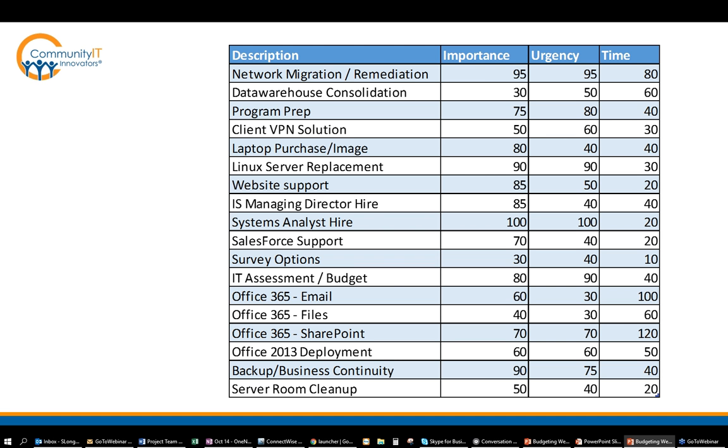So when you plot these things out, you want to look at the things in the upper right, which are both important and urgent. And then, of course, how much time or cost it's going to be influences how you prioritize these things. The next slide here is just the actual spreadsheet, showing where this came from. It really wasn't that much work to put all these different ideas together. Now we're talking about project initiatives more than the keeping the lights on kinds of things. So this is stuff that would fall into the grow and transform categories. But how you choose what you're going to do in terms of growing and transforming is something you might be able to look at with that kind of perspective.